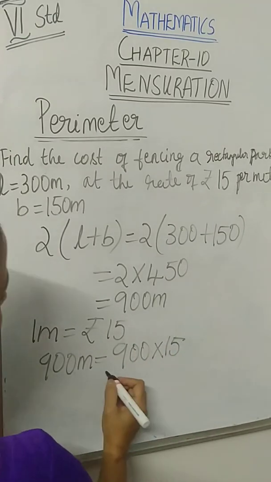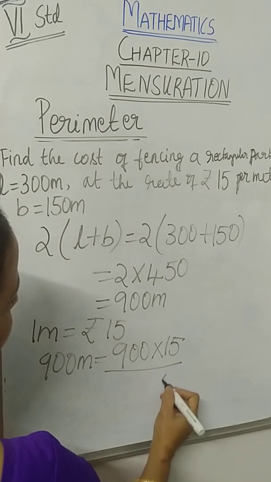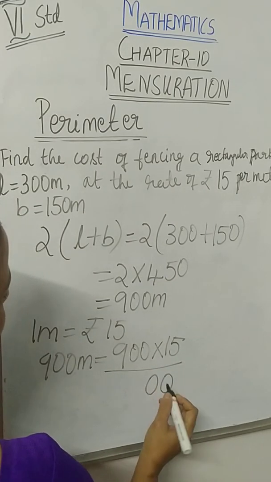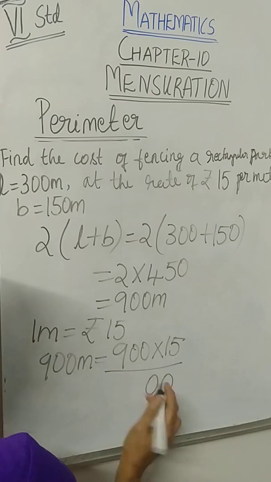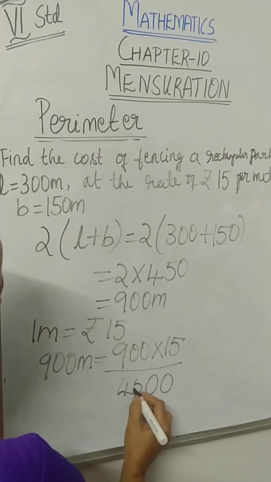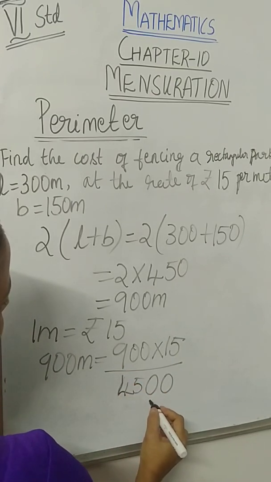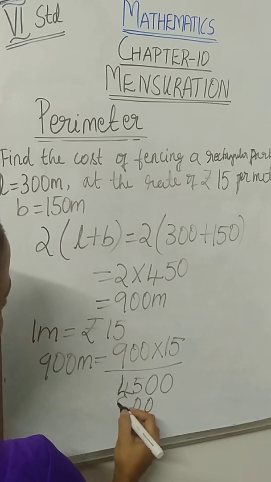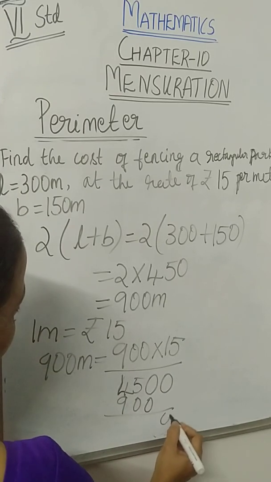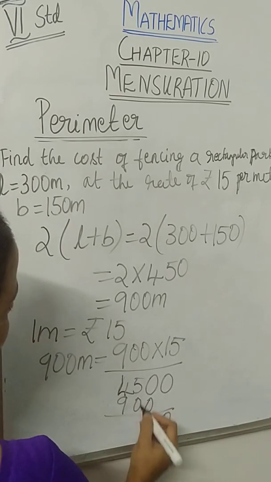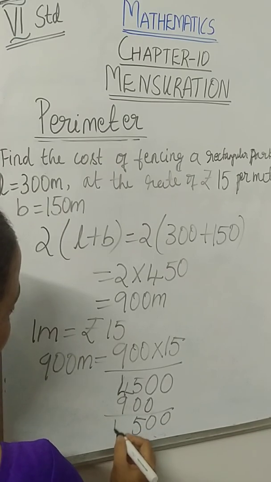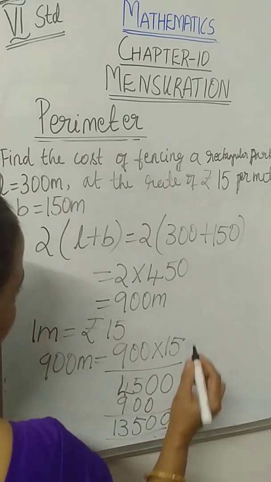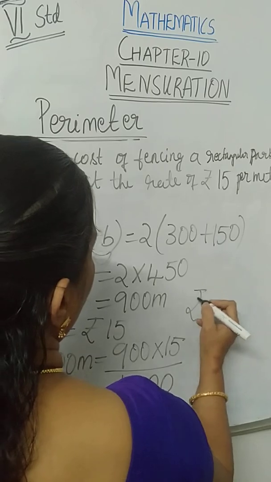Yes, multiply now. 0, 0, 5 nines are 45. Then 0, 0 again. Here it is 9. So 5, 9 plus 4 it is 13. So what is the cost? It is rupees